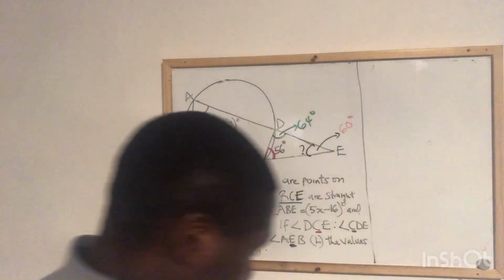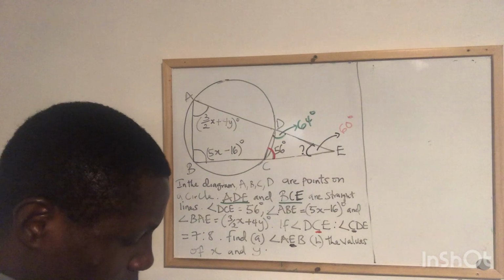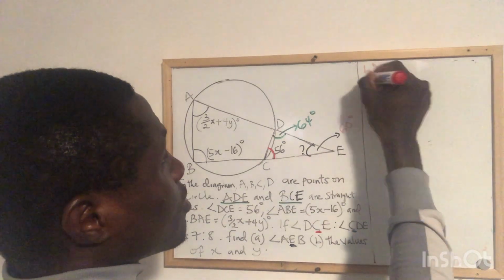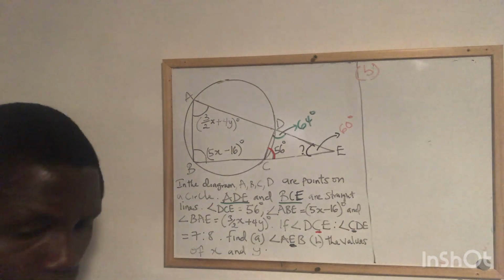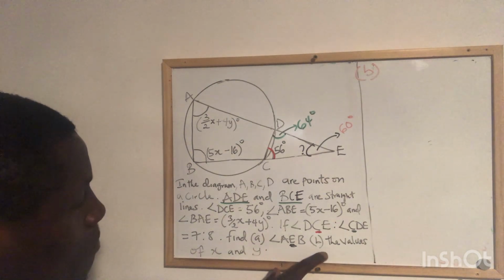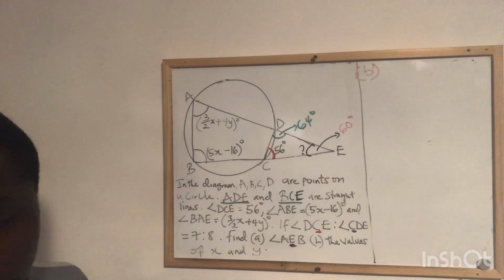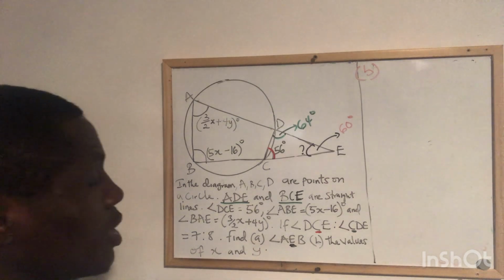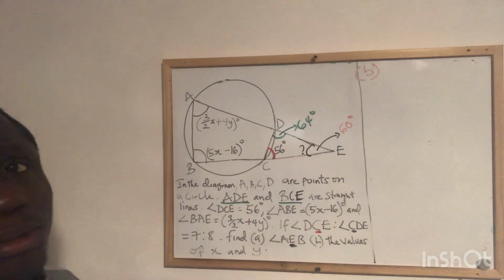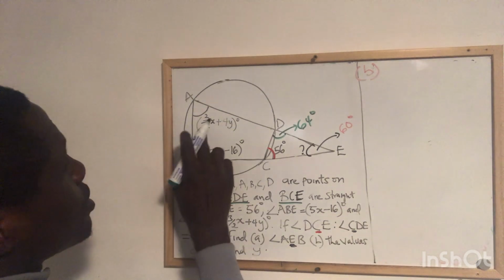So how do you go about that? How do you get B? We are asked to calculate the value of x and y. Don't forget, we are asked to calculate the value of x and y. And to calculate the value of x and y, we are going to consider a rule here, which says that